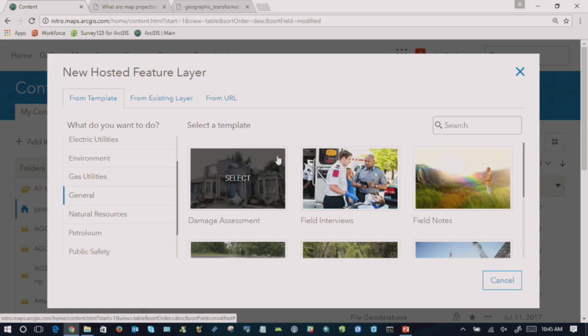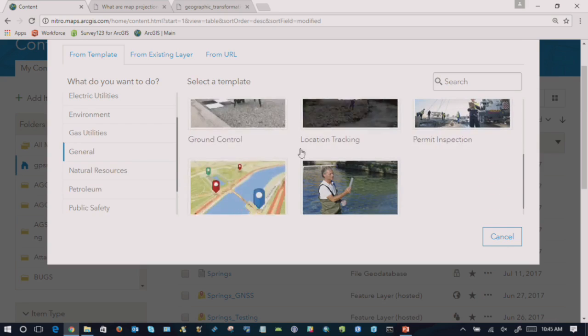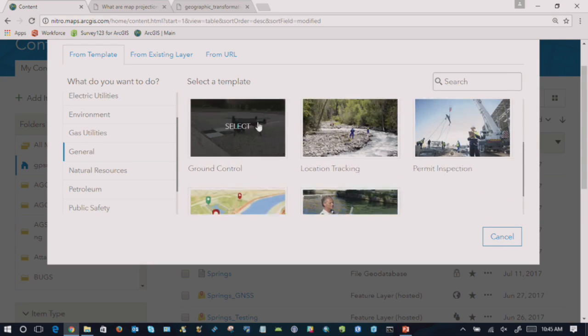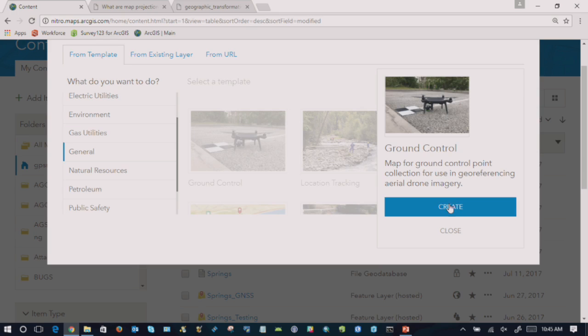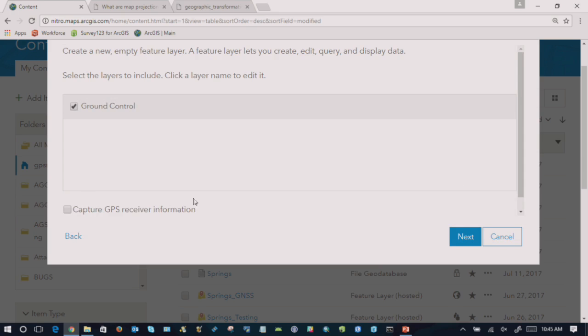One of the templates that we've recently added for this release is our new ground control template, and I'll show you how that would work with the fields. The fields are available to any template that has a point layer in it. So if you're working with a template that's pure line and polygon, this option that I'm going to show you won't be available. So if you go in here and hit create, and then you see this little checkbox